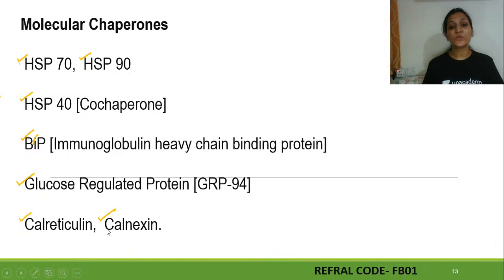In this slide, I have included the names of all those chaperones which are important. You do not need to know all the mechanisms, because that is not very important for the exam. In the exam, they will mostly ask which among the following is an example of a molecular chaperone. So you can just remember the names I have mentioned here, that is BiP, GRP, calreticulin and calnexin. Then you will be able to identify which among the following molecular compounds belongs to the category of molecular chaperones, right?